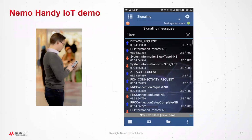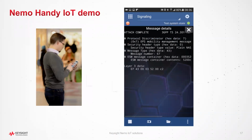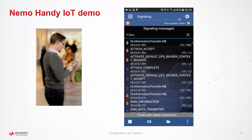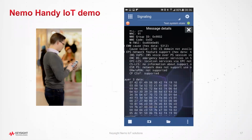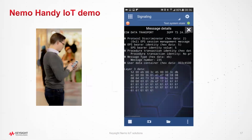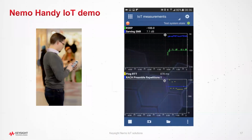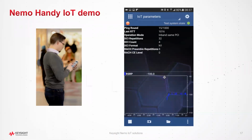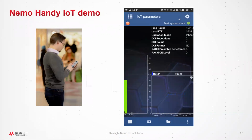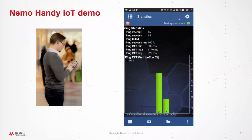I can also go through my layer 3 messages and click on any of my messages if I wanted to track any of my layer 3 activities. So if I wanted to see my timer information, or if there was an attach attempt, all of that can be tracked in the layer 3 messaging. Besides that, this also tells you if it is an in-band PCI, what are the repetitions, how many repetitions are